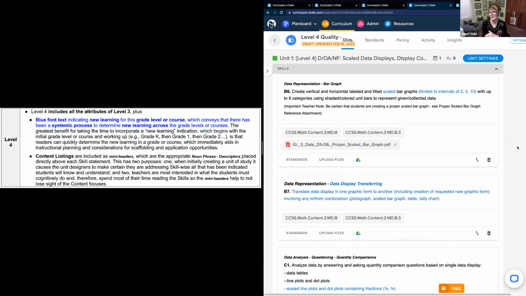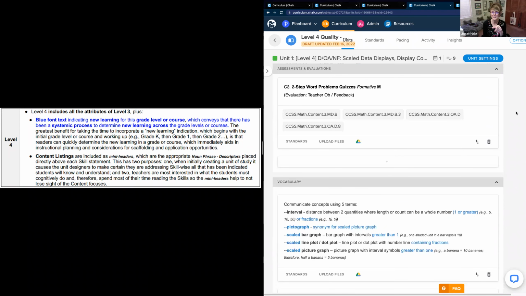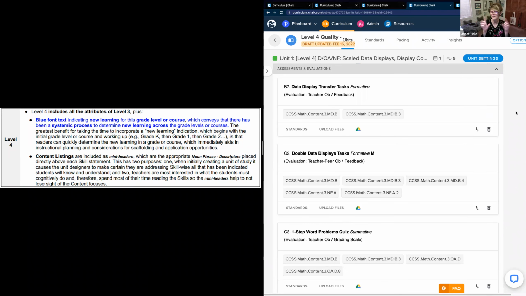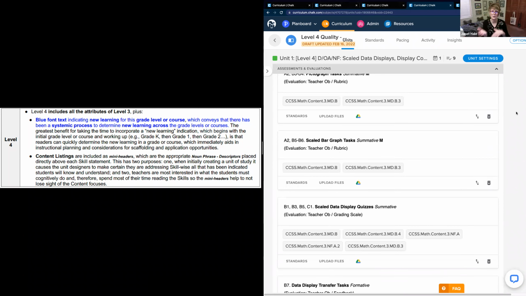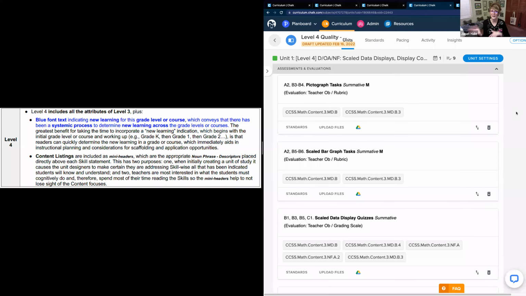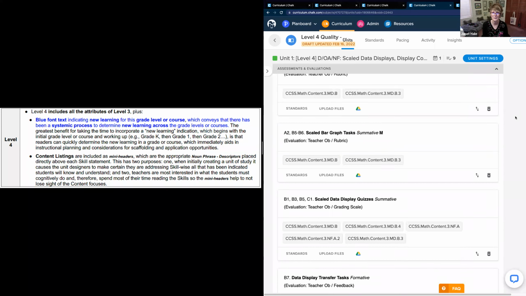So then the last thing I just want to show you is if you collapse that and just the assessments, the only thing that's new on the assessment piece is we've also done a little bit about the evaluation. Where's the evaluation? Teacher observation and a rubric, student peer observation and feedback. So we have different ways we can actually show the evaluation process. So that's also included. And then there also is, within the skills, an ability to do what I call mini headers that just kind of show again what the content is.